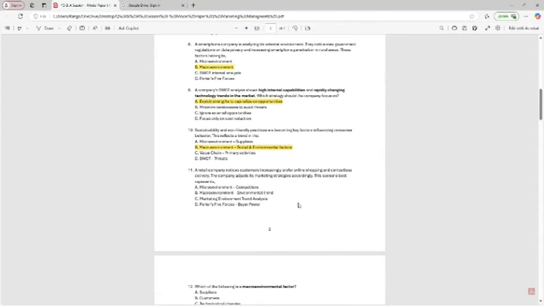So different answers there. Question number 11. So what is the correct answer? Microenvironment competitors? No, that is not correct. If you find it hard to get the correct answer directly, just look at the other options and try to